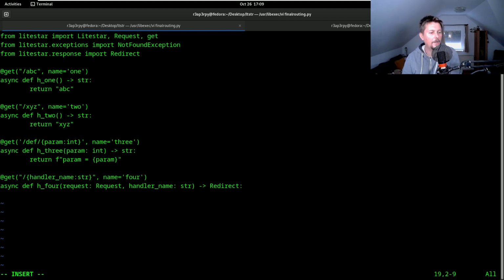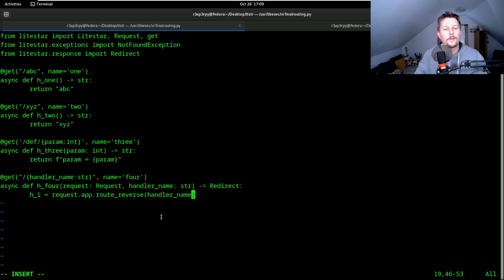So basically what we want to do is to get the handler index. So hi is equal to the request dot app dot route reverse and handler name. So the route reverse should give us the index of this context route based on the name, and if not